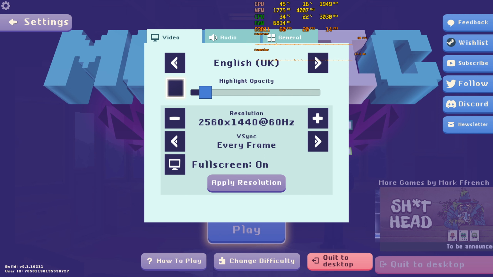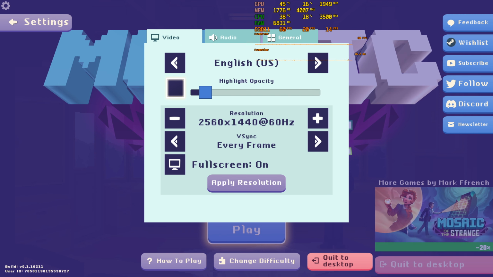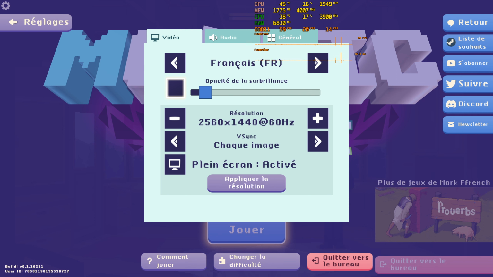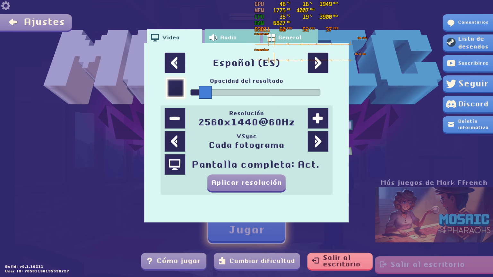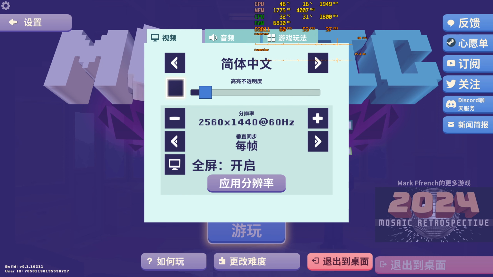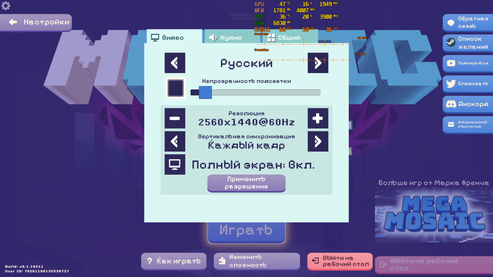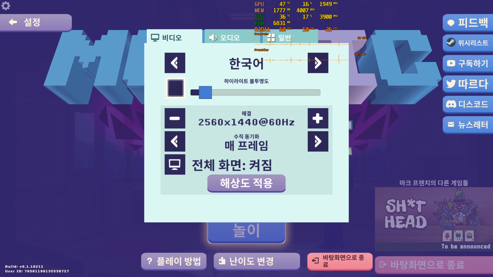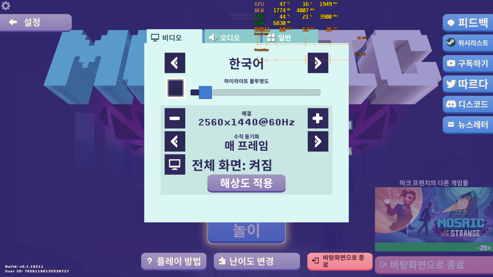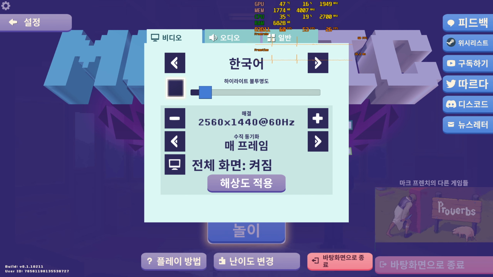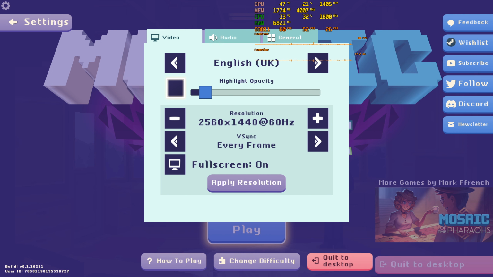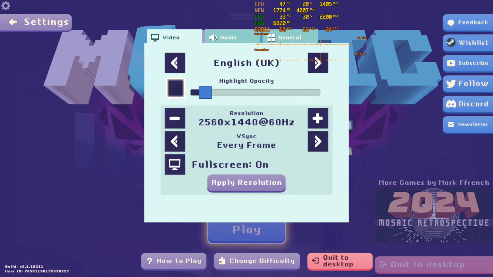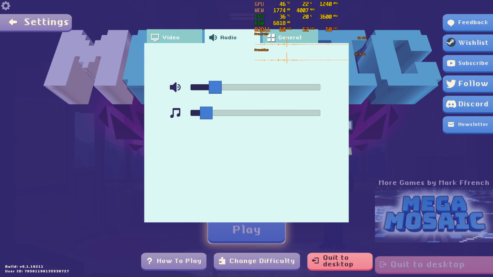The languages, there's a few languages here. You can have English UK, US, France, Netherlands, Italy, Germany, Spain, some Asian languages, Ukraine. I think that might be another Asian language. Yeah, I don't want to guess. Brazil, Poland, Turkey, and back to English UK again. We have a number of volume sliders, which is great,